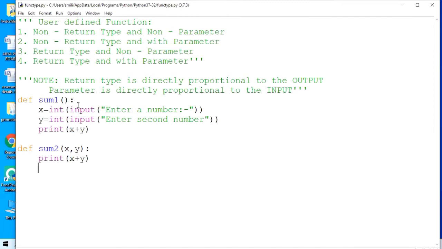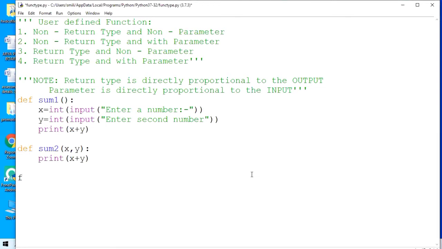You can see here both the functions are the same. I'm not trying to create any different varieties of function. One type of function can be demonstrated in all four categories. Sum1 is the example of type 1 and sum2 is the example of type 2. Now I am coming to type 3. What is type 3? It is return type and non-parameter.